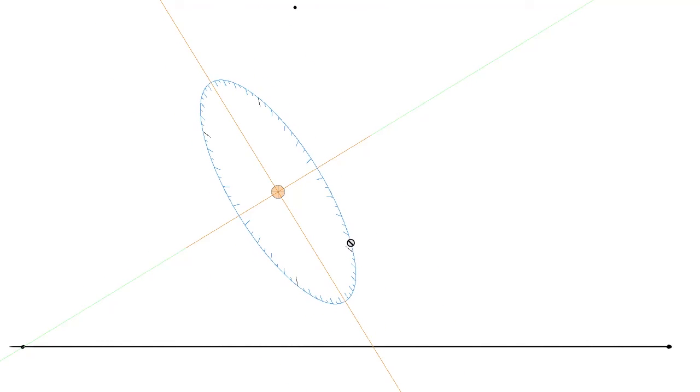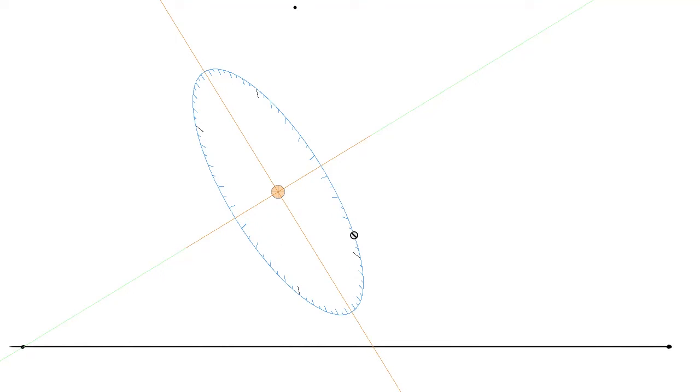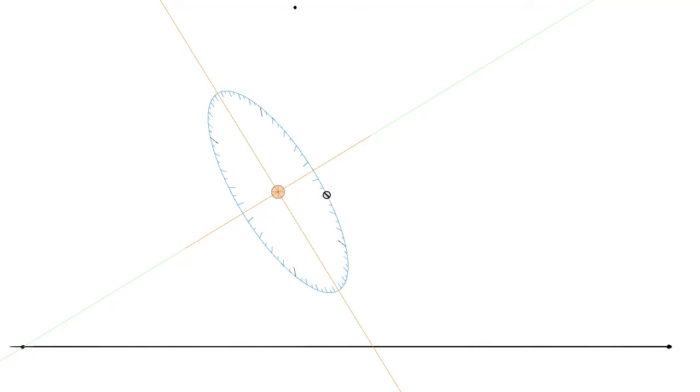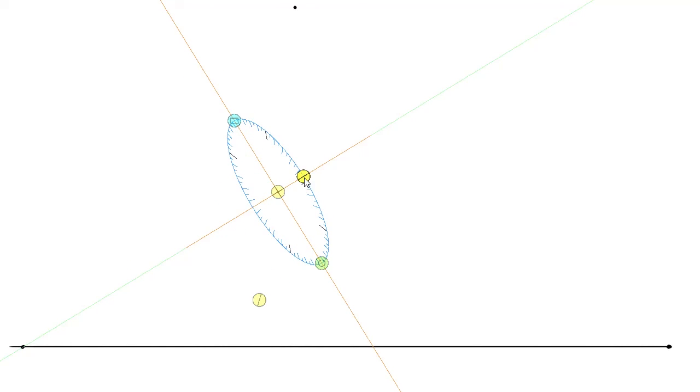So let's get rid of all of this and draw a new ellipse and do it correctly this time. The main thing, so you have two things in an ellipse that you can actually change that will impact how the circle it represents is actually oriented in space. So you can change the orientation, which inherently changes the minor axis, or you can change its degree. So we're going to keep the orientation the same because we did want it to go to this vanishing point, meaning we wanted to keep it aligned to that grid. And we are now just going to make sure that